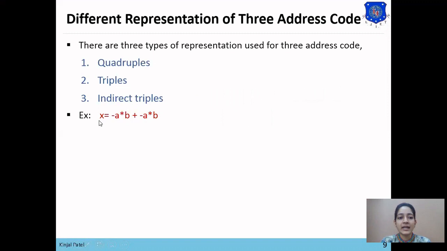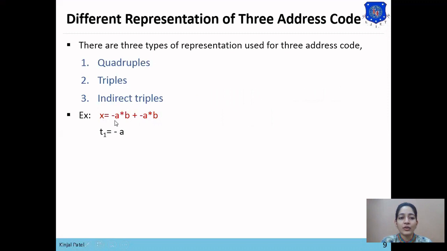So here is the example, x equals to minus a star b plus minus a star b, where T1 equals to minus A. As this minus represents the unary minus, first this minus A has been stored into T1.